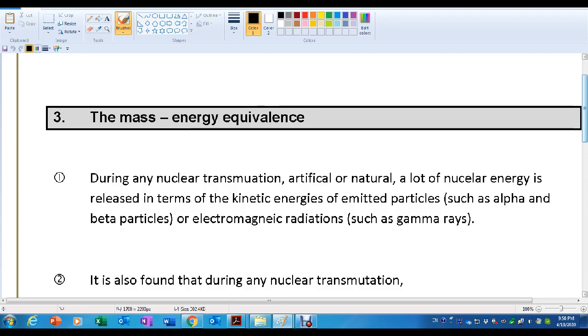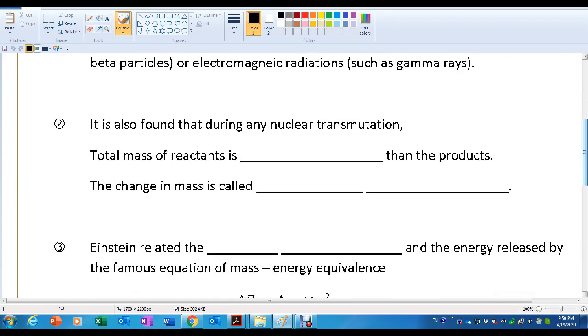When they looked into the nuclear transmutation, they found that for any nuclear transmutation which occurs either naturally or artificially,